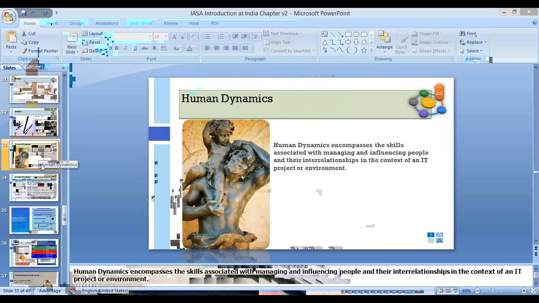But I think I should have focused on the human dynamics. In a couple of other presentations that I have shared with some of the members, the integrated collaborative environment encompasses breaking the ice, the concept of human dynamics with skills associated with people, projects, processes, and their interrelationship in IT, which is a very important